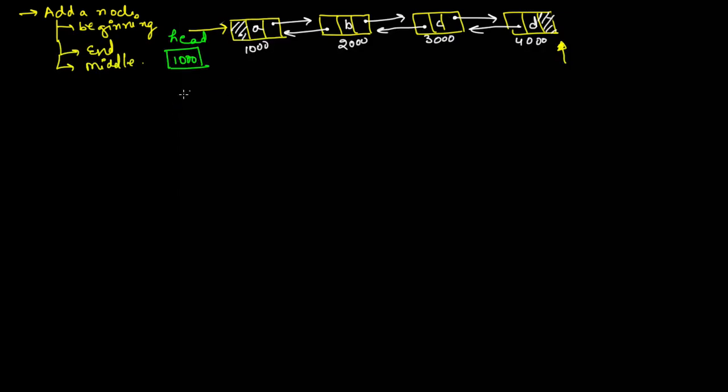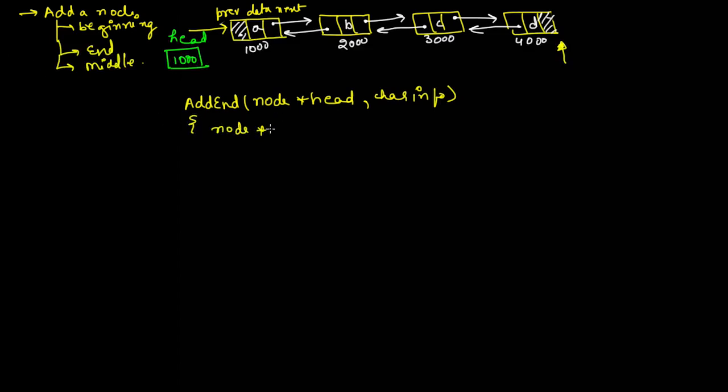Okay, so let us suppose we have this function. This function adds a node to the end of the linked list, and it takes as arguments the head of this linked list: node star head, comma, character information, whatever data you want to add. Every node has three parts: one is the previous part, the second is the data part, and the third is the next part. Then we create a new pointer, node star p is equal to create node